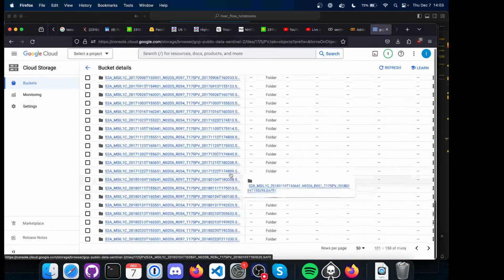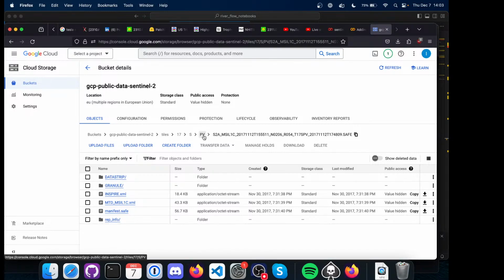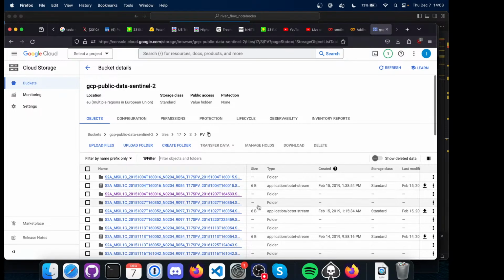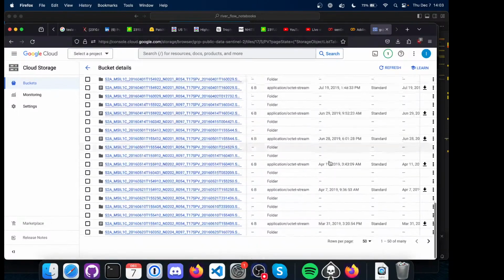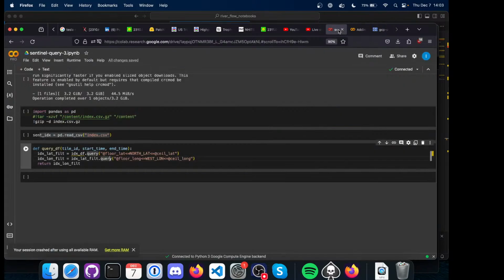Some of these don't actually store any actual images. That one does, but some of them I found don't store any actual images, and then there are duplicates. So basically the problem with just getting the list from GCP was that